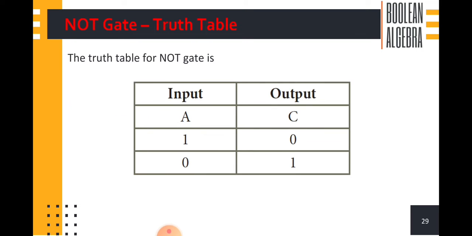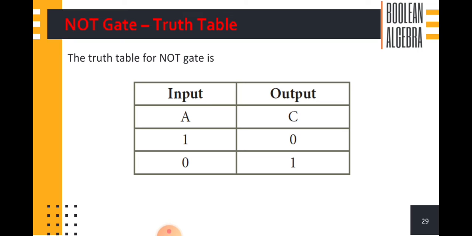Okay. So now you can see the truth table for the NOT gate. How many combinations are there? How many variables are we passing as input? Only one variable. So 2 power 1 is equal to 2. We have only two possible values, that is 0 or 1. Here we are using only one input, so the base value is 2 and the number of variables is 1. A is the only input variable. So 2 power 1 is equal to 2, and we have only two inputs, that is 0 or 1.